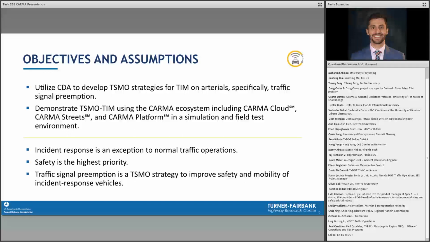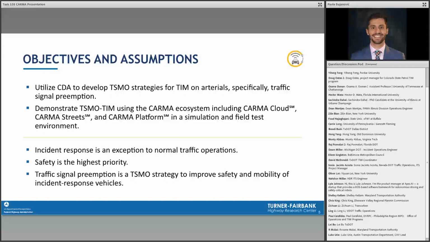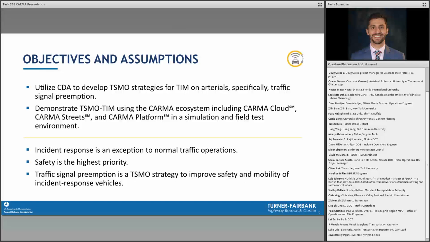So some of you may be thinking that traffic signal preemption already exists, so why are we continuing to do something? Why aren't we building a new technology? The reason is we want to see how we can use cooperative driving automation to make it